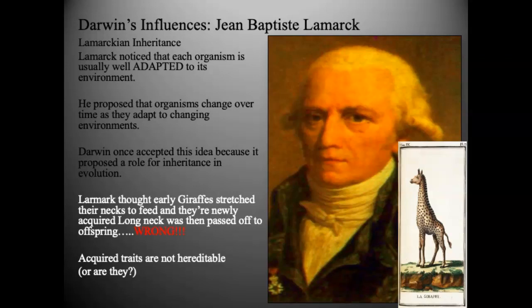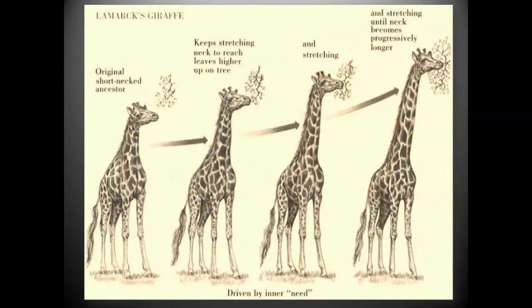And it was Lamarck who theorized that maybe giraffes stretch their necks over time. And in fact, now what we know about DNA evidence, we found out that this is not the case. Lamarck understood that species changed over time, but he got the mechanism wrong. What he really thought was that there was one individual giraffe, and you can see it there in our bottom right-hand corner, that constantly kept stretching its neck higher and higher. And finally, that giraffe had a really, really long neck, and then it passed that long neck onto its offspring. And that is not the case.